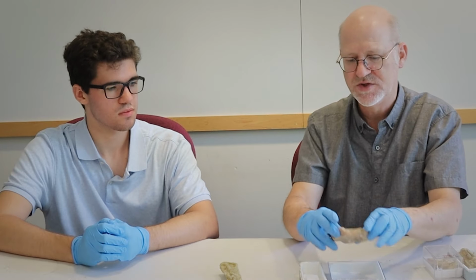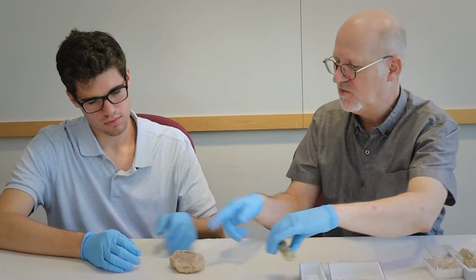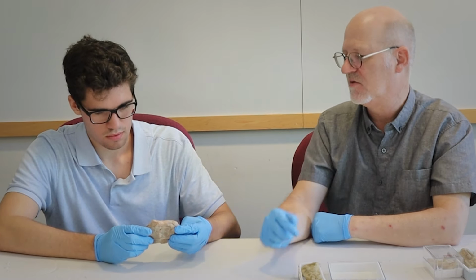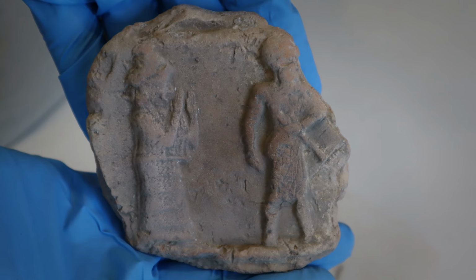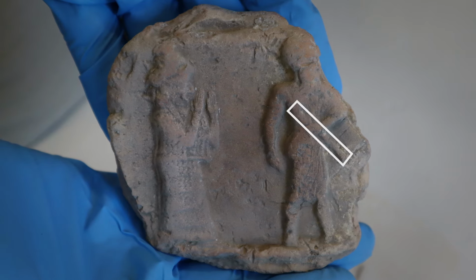So I brought one in, which is somewhat similar, but it's one that we can talk about more. You see, I think, why I compare it to the figure on the right, at least. Similar form. He's striding, and he's holding a mace, it looks like. Yep, mace or scepter or whatever that is. It's probably a symbol of power. And there's this figure on the left